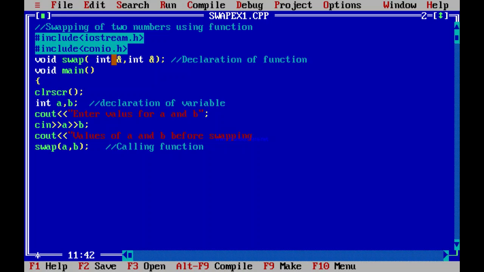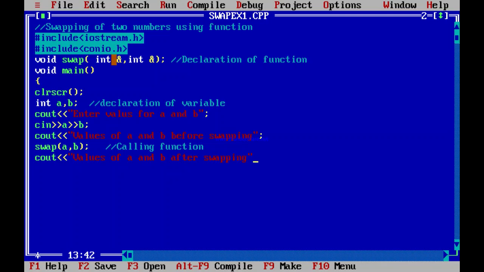So for just interchange understanding, I am going to write this message, values of A and B before swapping. Then call the function. Then whatever the values that are going to swap, after the swap, that we have to print. So here I am going to write the message, values of A and B after swapping.